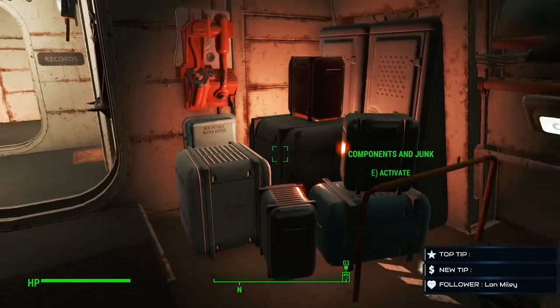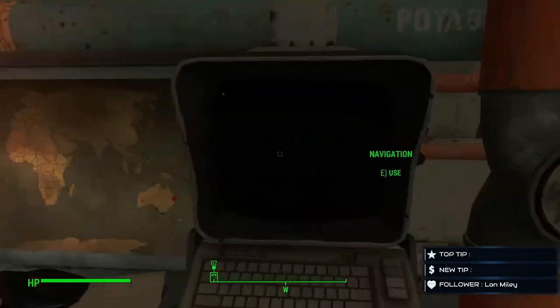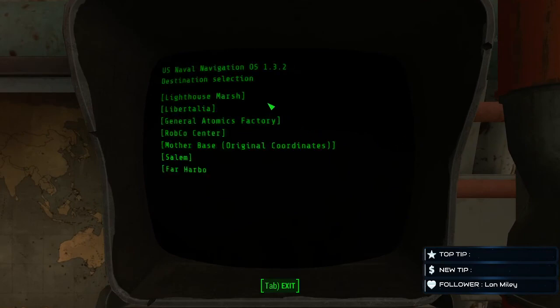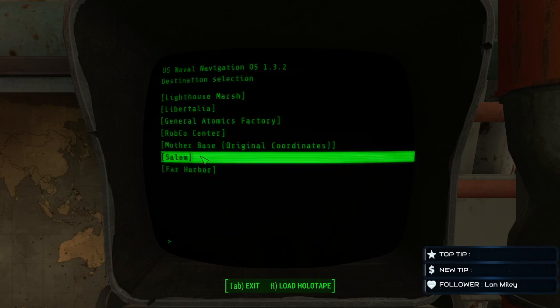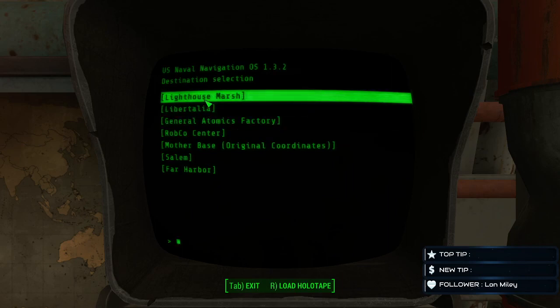Okay, so that's the cafeteria. Let's go right here, and we're going to go to the castle. You can go to Far Harbor, but I haven't gone to Far Harbor yet, and he says don't go to Far Harbor until you actually go there. But you can go to Salem, you can come back here to this base, you can go to Robco, General Atomics, Libertalia, or the Lighthouse. You can go, or could go, to the castle,